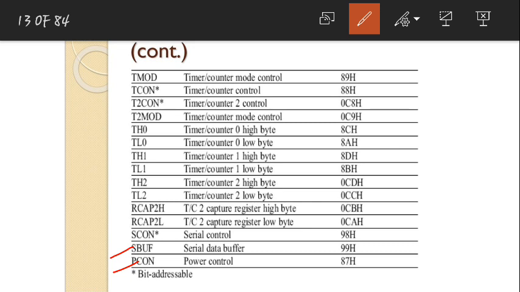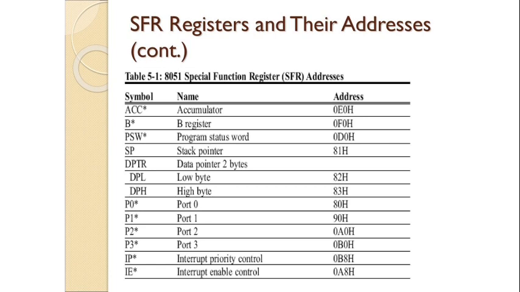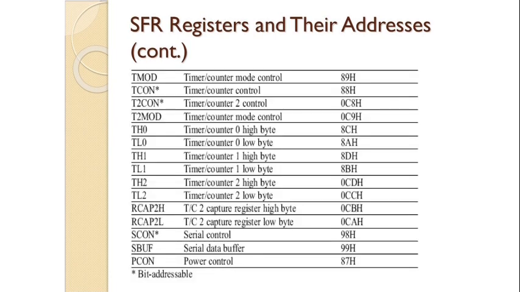Okay, so you need to remember which are bit addressable. At the time of writing programs, it will be very easy if you remember this. TMOD is not bit addressable, SBUF is not bit addressable, PCON is not bit addressable, the two 16-bit timers are not bit addressable, stack pointer is not bit addressable, DPTR is not bit addressable, and all the rest are bit addressable. So instead of remembering which are bit addressable, remember which are not, because there are only a few registers: stack pointer, DPTR, TMOD, timers, SBUF and PCON.